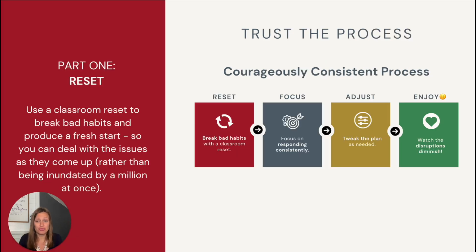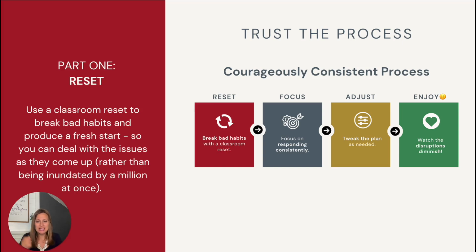Part 1, reset. I love the classroom reset. I wish I had time to teach it to you in detail here. But what we do is we do something surprising for our students that gets their attention, produces a bit of a reset, so that it's kind of like dousing that forest fire real quick so that things diminish and then you can be more consistent.